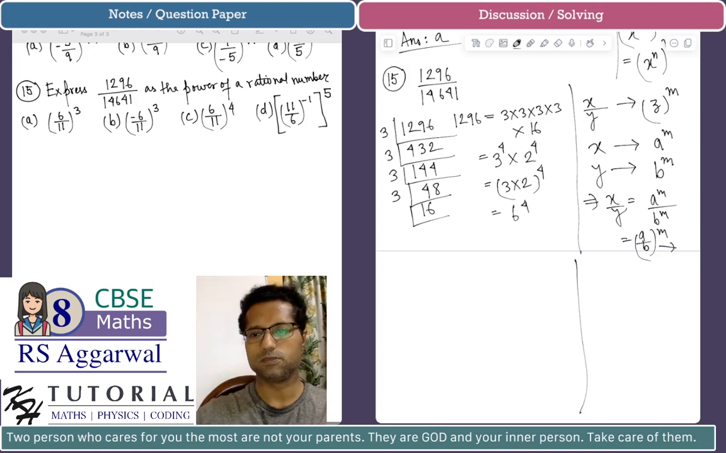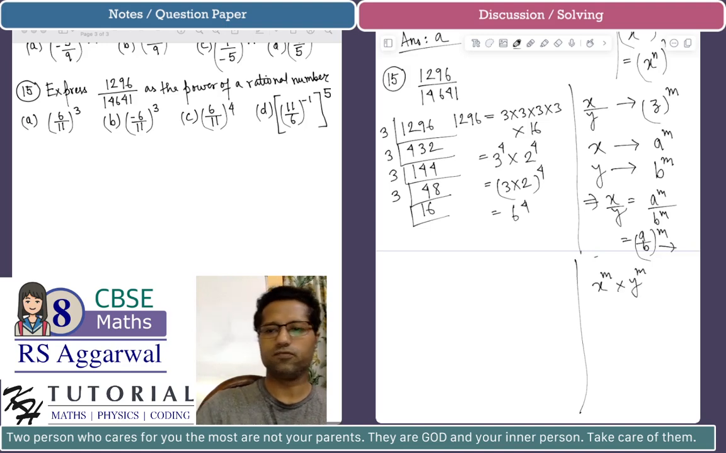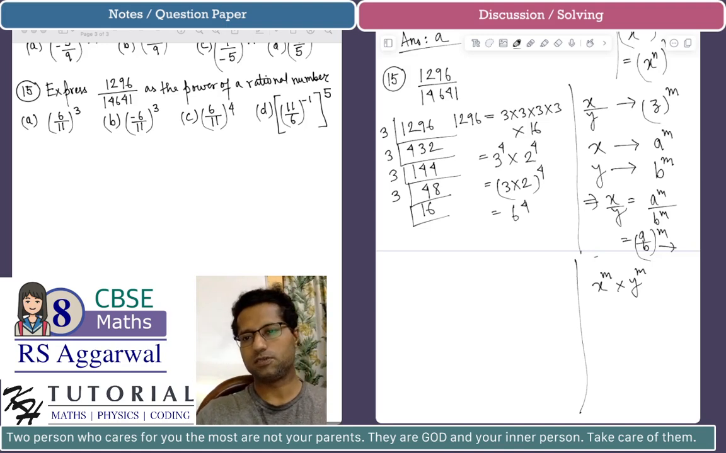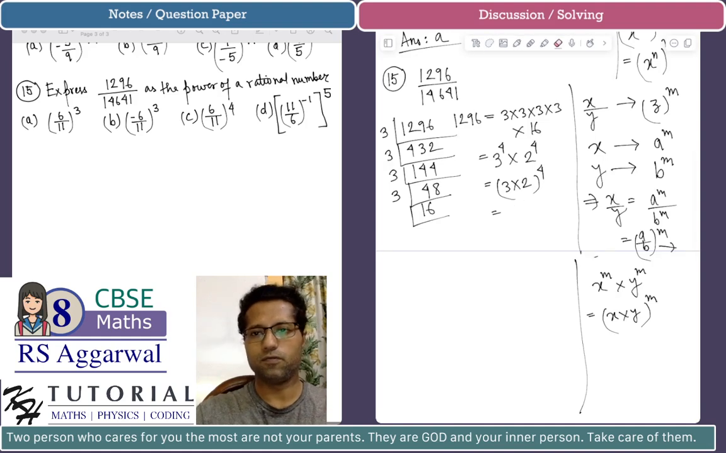So another good concept is that whenever you have x raised to the power m multiplied by y raised to the power m, a product of two exponents where both have the same power, then the result will be the product of the bases, that is x into y, raised to the common power m. So 1296 is 6 raised to the power 4. Now let's see what is the prime factorization of